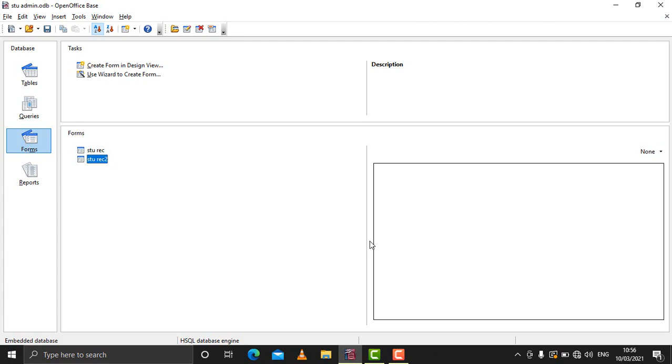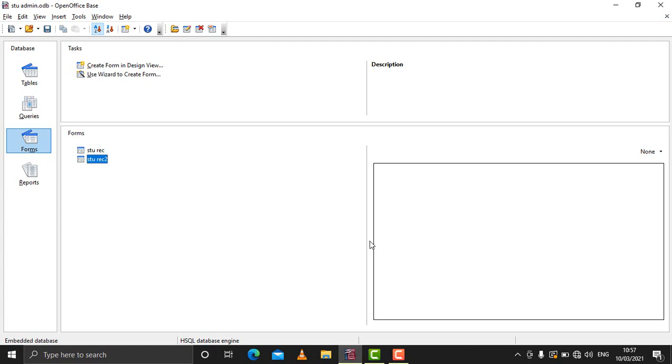Sometimes certain users are required to enter certain types of information, but they should not be allowed to access all the information which is stored in the table. Say for example, a table has a number of fields, and in those fields some data is required to be entered by users. So what we can do is create a form, and through the form we can give access to only a few fields from the table. The users will have control over those fields only.